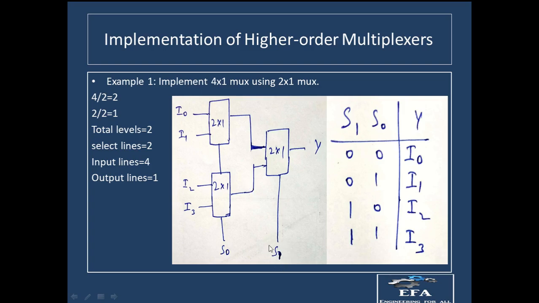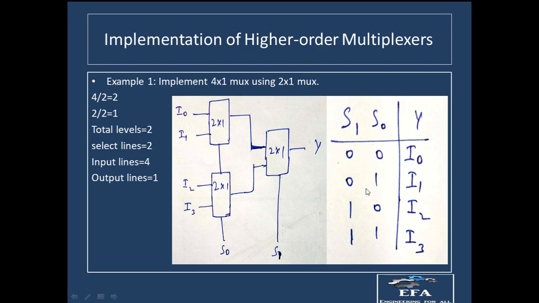Further, we are having S1 equal to 0. Therefore, out of these two outputs which are coming as inputs to this multiplexer, the first one, that is I0, will pass through the multiplexer, and this I2 will be blocked. So I0 will pass through this multiplexer and reach the output. So ultimately, when we are having 0 0, this I0 is getting the access at the output, so this will reach the further end.